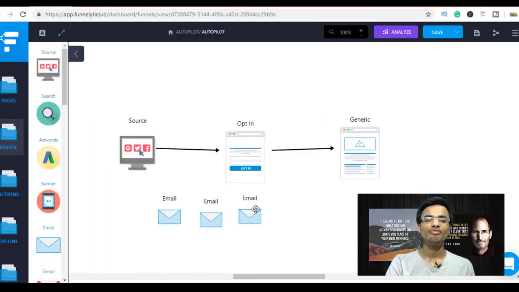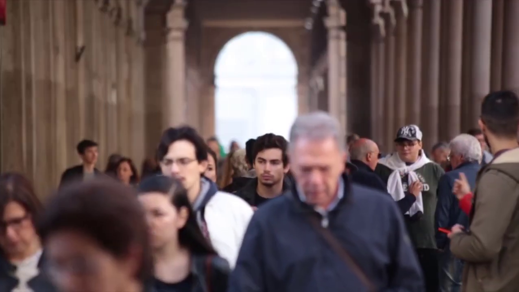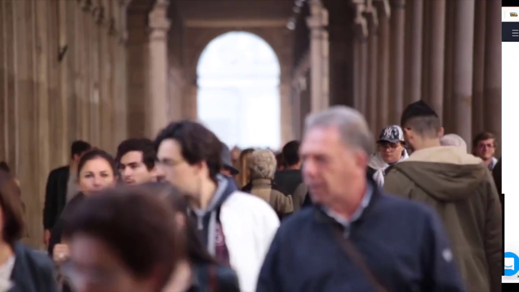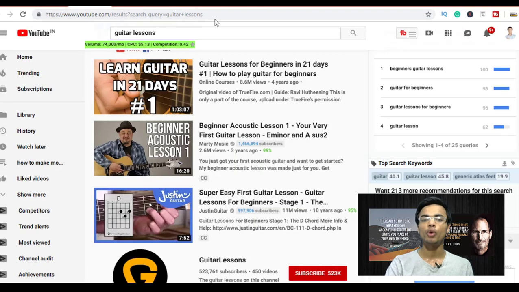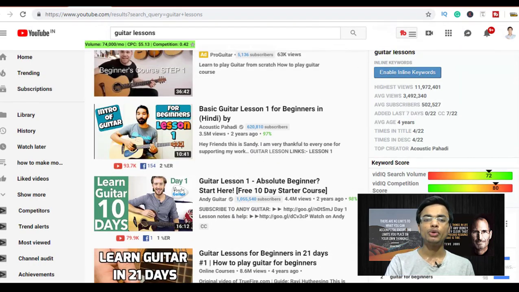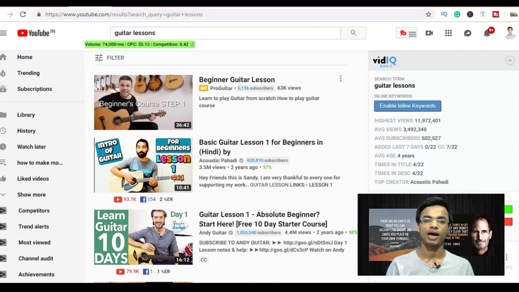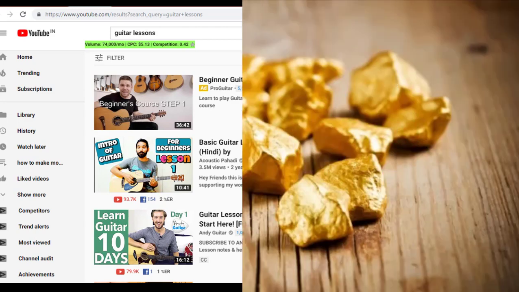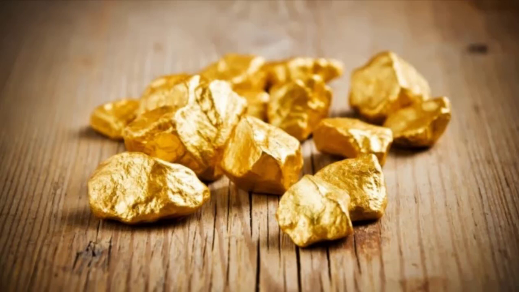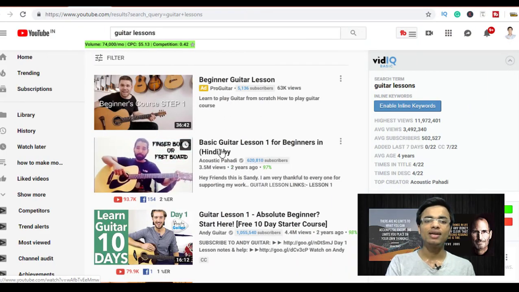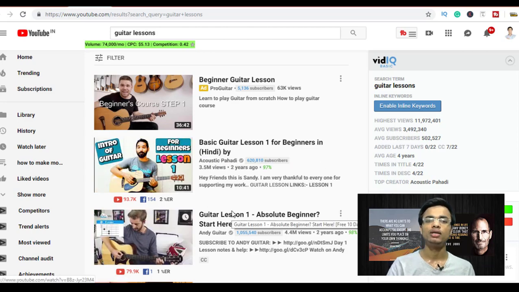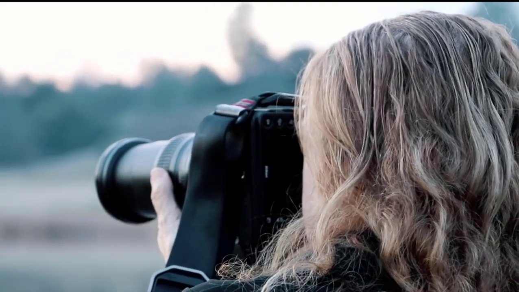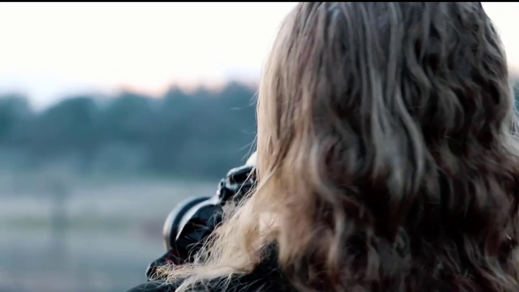But here comes the most important step, and that is driving traffic. Driving traffic is actually not as crazy as you are thinking. Let me tell you how you can do that. Maybe you are not a pro at guitar, but let's say you are a total beginner, and you want to start a YouTube channel, you want to make money, you want to learn guitar. So what you are going to do is simply start learning from these videos. Just watch like 5, 10, 20 videos, and then whatever you learn, simply shoot a video and teach them, and then tell them, hey, I have created a free ebook for you guys.